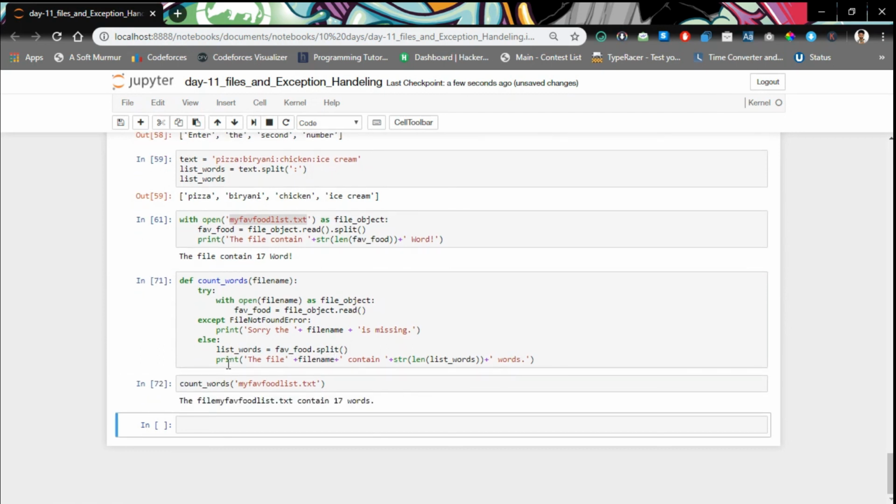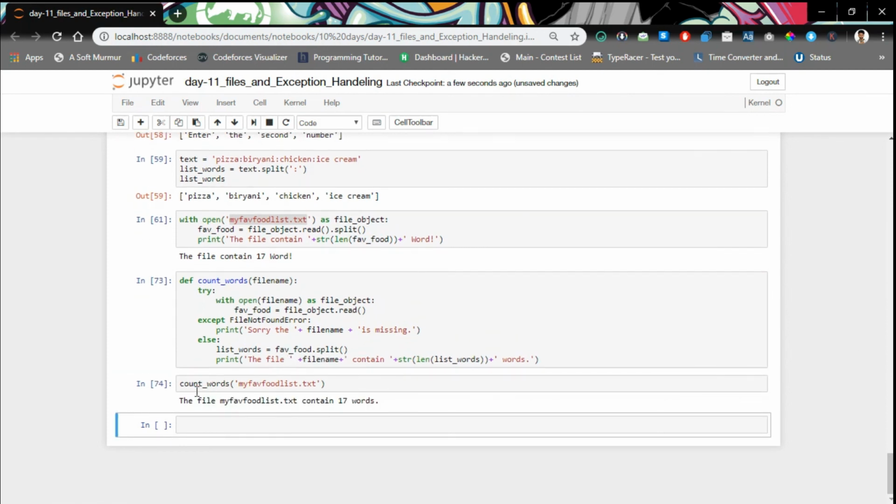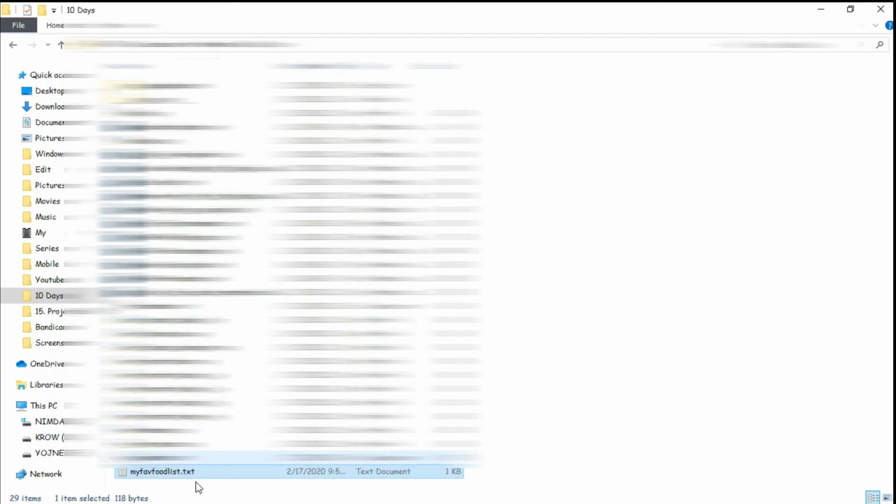So I can say that the file my favorite food list contains 70 words. You can also take it as a list, so I can say that files are just files, and here I will give my favorite food list,